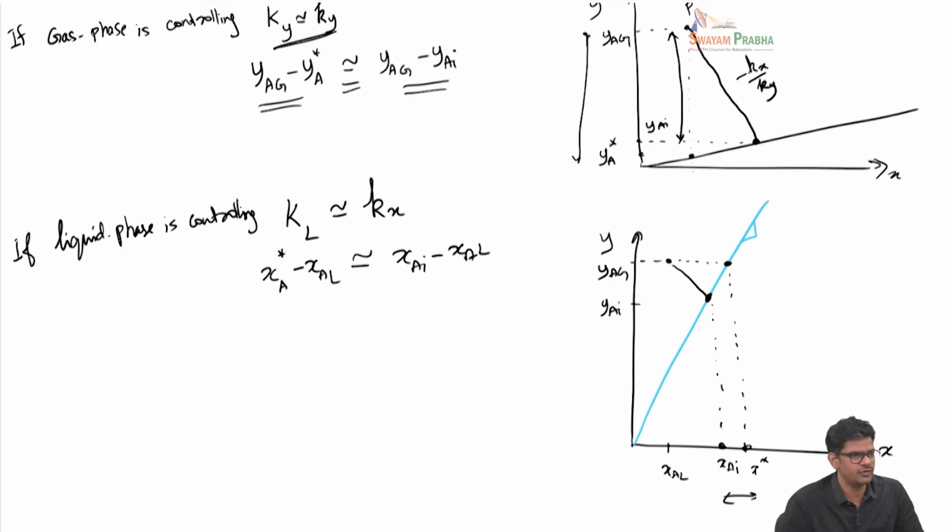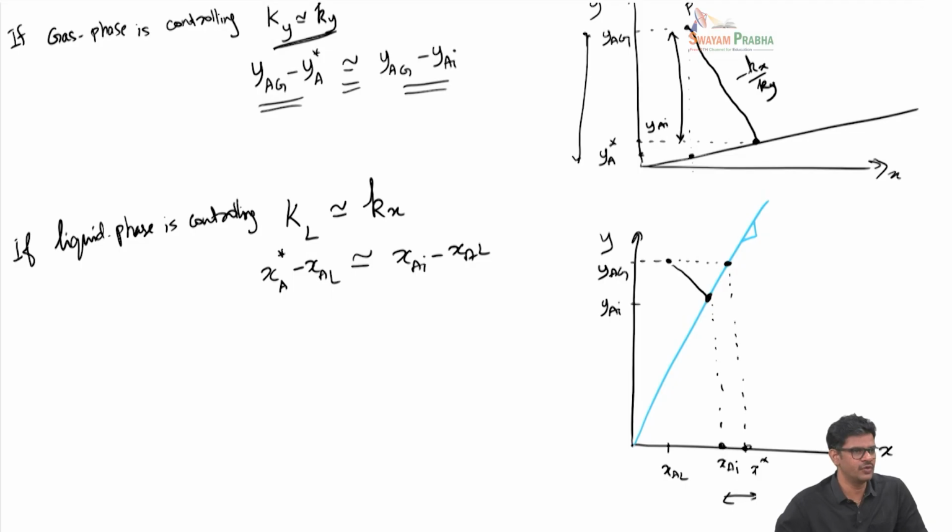And vice versa is also true. You keep working with different temperatures, but the mass transfer rate is not changing very much. It may be that the gas phase is controlling. Here I have drawn this as an equilibrium line with a straight slope. So what happens is, if you take Raoult's law or Henry's law, these are all equilibrium lines with a straight slope,